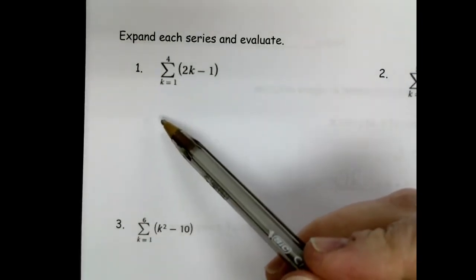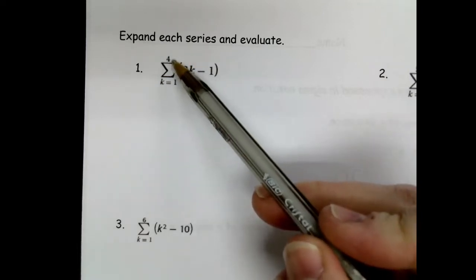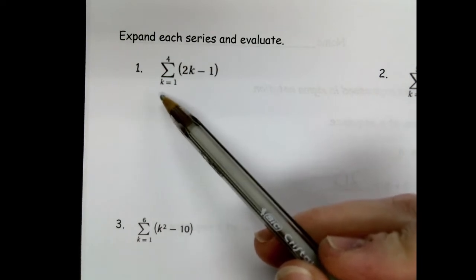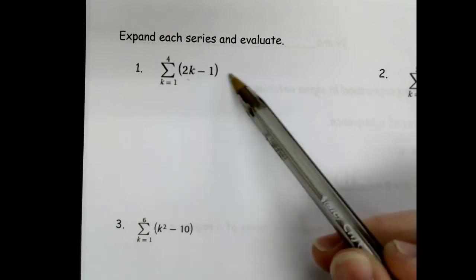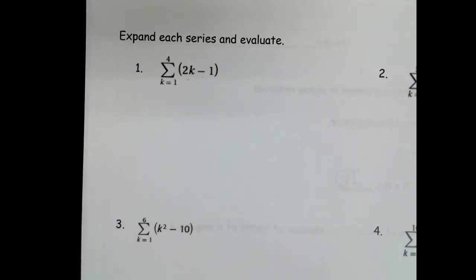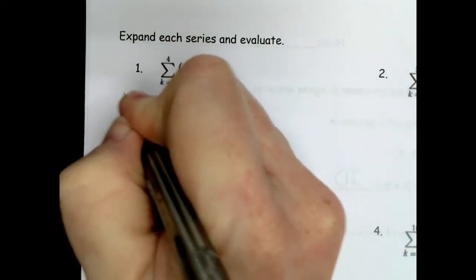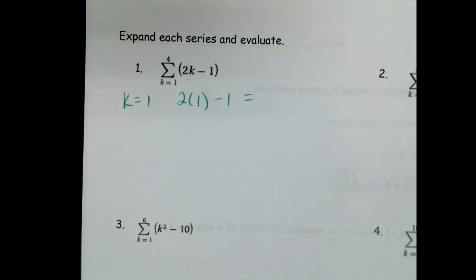All right. So this one, we start with 1 and we end with what number? With a 4. So we're going to plug in for k 1 through 4. Now, guys, do you recognize this as linear? It's good if you can recognize it as a linear formula, because that way when you get your answers, you're going to see a pattern, and that can help you detect if you've made a mistake or not. So when we start with k equals 1, we're doing 2 times 1 minus 1, which gives us